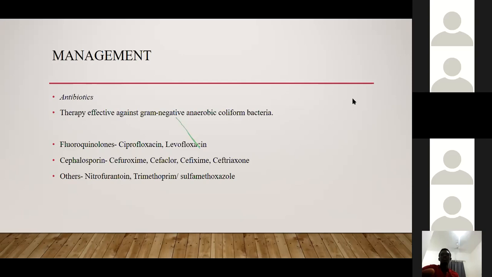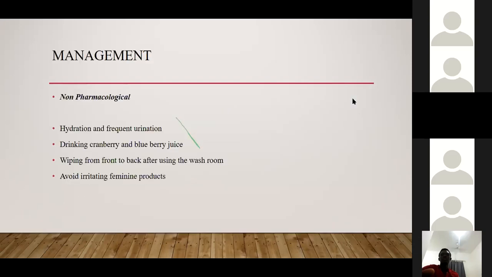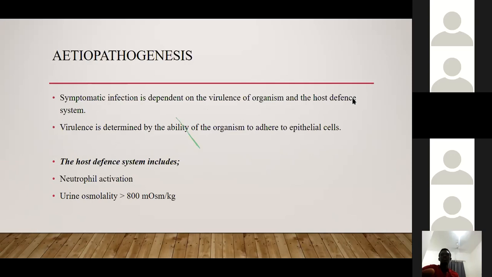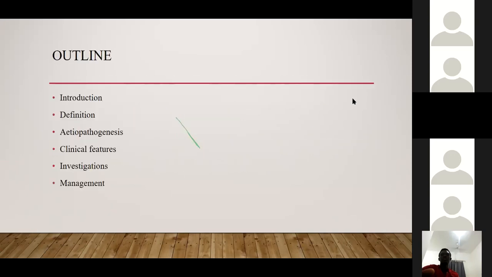Depending on the culture and sensitivity report, you can put your patient on nitrofurantoin. But some of the organisms are so stubborn that you need to use uncommon antibiotics, or antibiotics that are not commonly in use currently for UTIs, like nitrofurantoin and then Septrin, which is trimethoprim sulfamethoxazole. So I think that's it for UTIs. Try and read more about it. At least you have the idea,